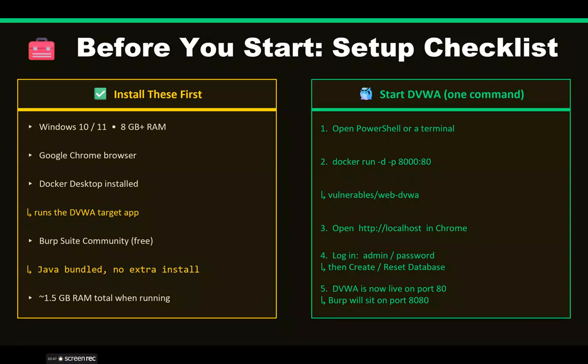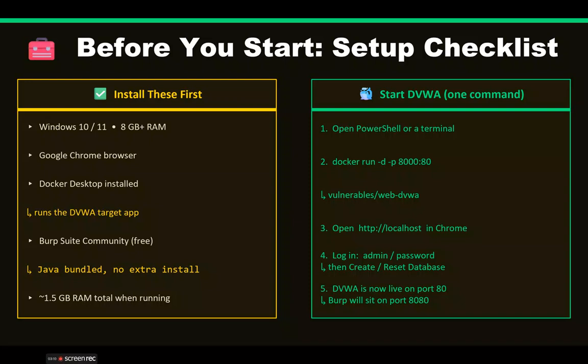Quick checklist before the lab. On the left, what you need installed: Windows 10 or 11 with 8 gig or more of RAM, the Chrome browser, Docker Desktop, that's what runs our target, and Burp Suite Community, which is free and ships with its own Java. On the right, starting DVWA is basically one command.